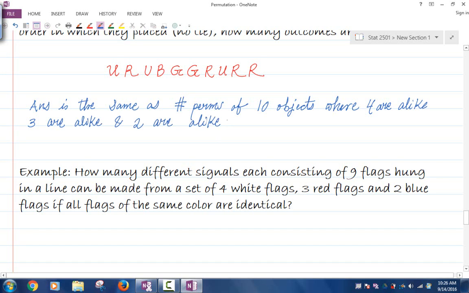Okay, so the answer would be 10 factorial divided by 4 factorial, 3 factorial, 2 factorial. You can put 1 factorial if you want to. There is 1